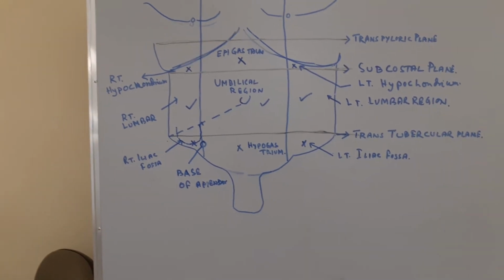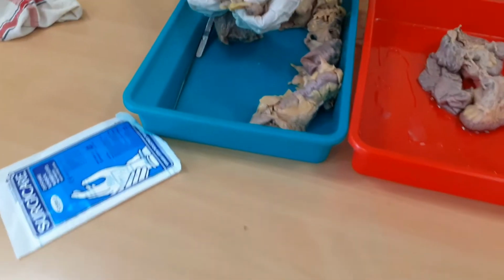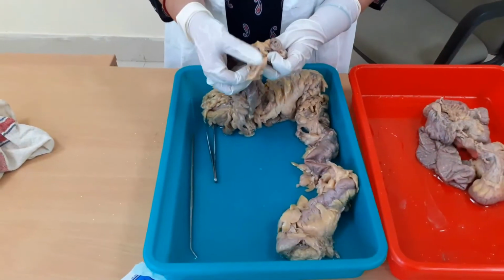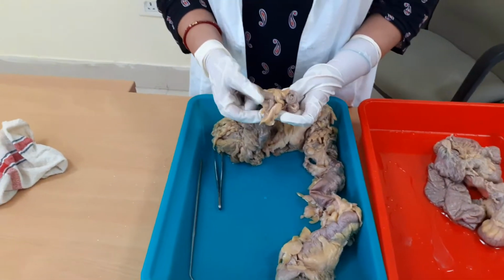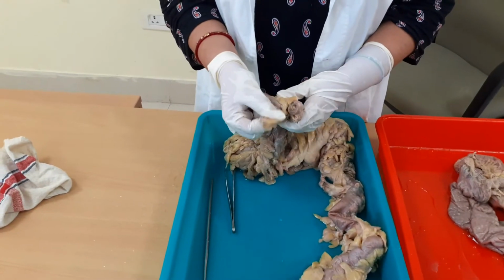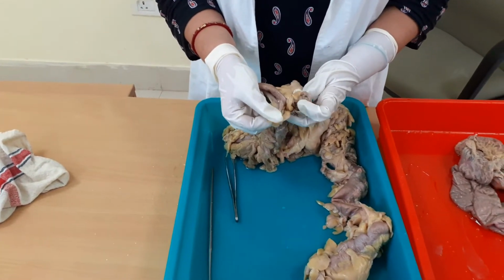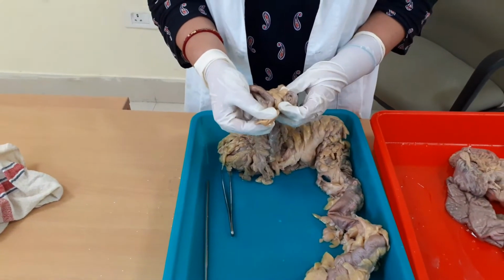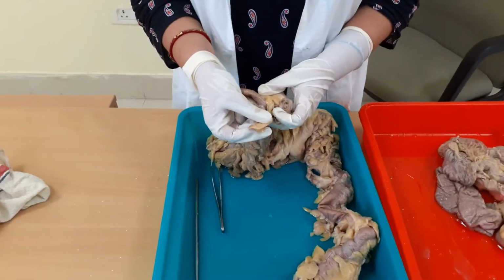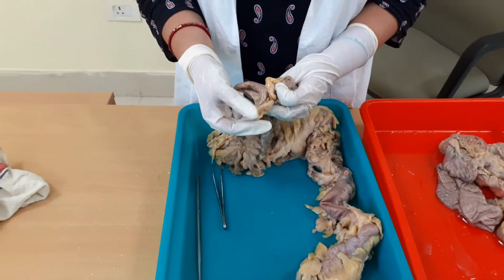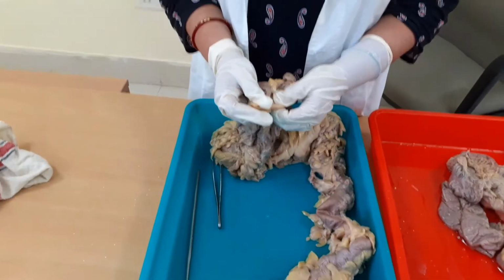Now coming to the part vermiform appendix. It is a tubular blind tubule with 5 millimeter lumen. The length of the vermiform appendix is 2 centimeter to 20 centimeter. Average is 9 centimeter, and it has got one mesentery that is called the